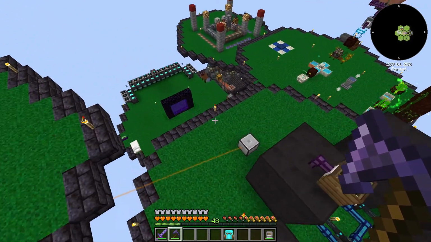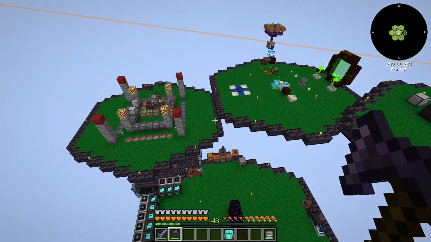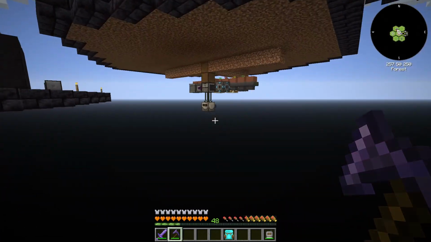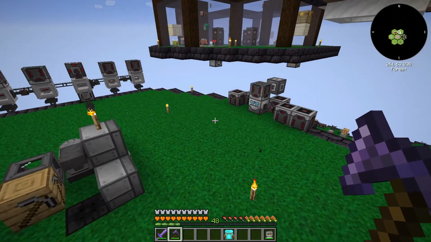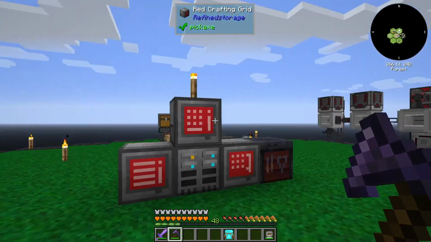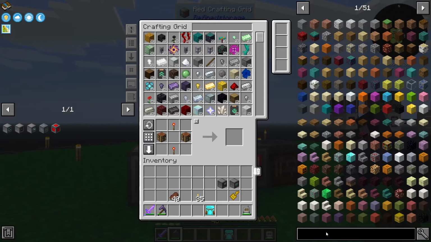What did I do with you? Where did you go? Not using it? No. That's the material stonework factory that is being used. I have no idea. But we can...